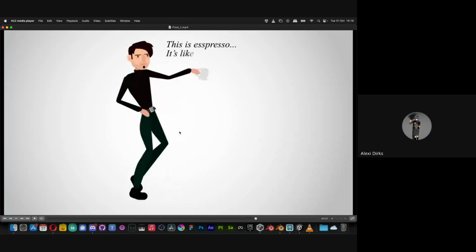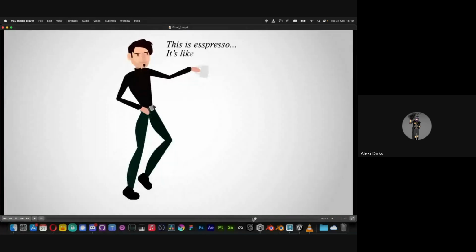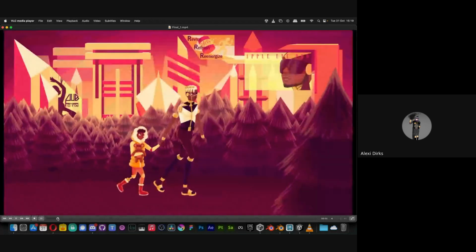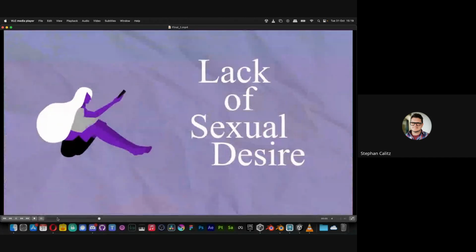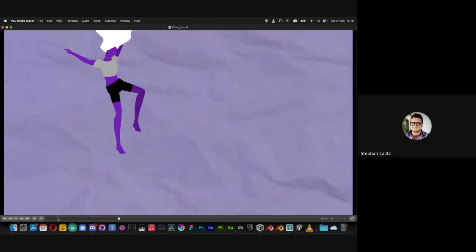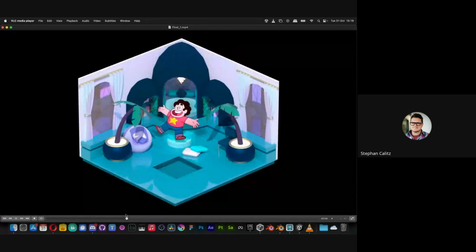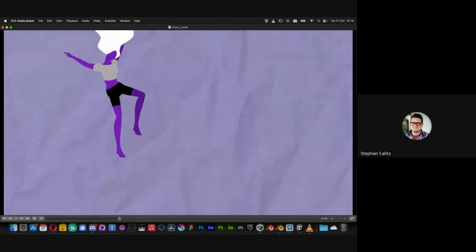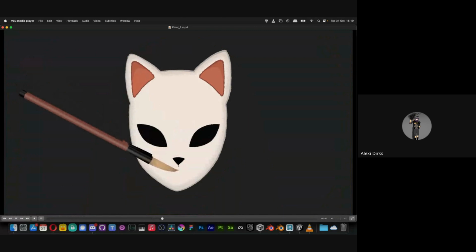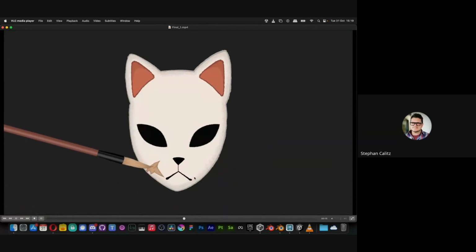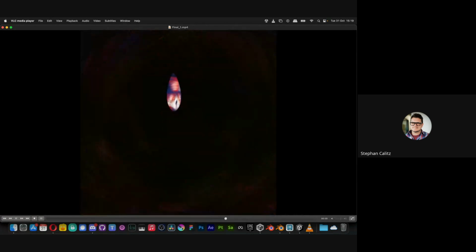Also, when it comes to the mask, the fox mask, is it too long for that animation? Trying to remember where the fox mask is now. Also, show us the build of these things, or at least a portion of it. I think there is a little bit of it in there, but I focused more on the edits. Okay. No, the mask is fine. No, it works.